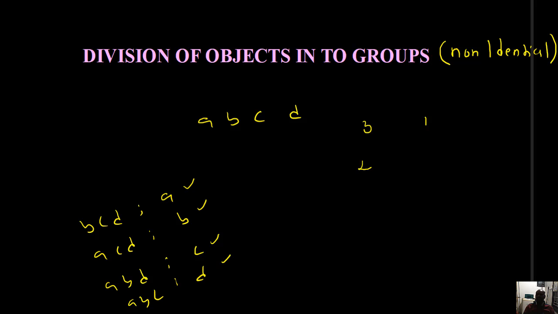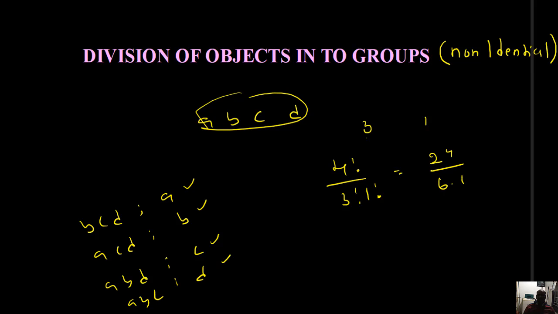So practically, to make a group of 3 from these 4, we need to select 3, that is, 4C3 ways you can select. After selecting 3, we are left with 1, which automatically makes the other group. So my answer is 4C3. 4C3 and 4C1 are both the same, only 4. What is the meaning of that? You can make 4 groups. Or in other words, my answer is 4 factorial by 3 factorial into 1 factorial, that is 24 by 6 into 1, which equals 4. Anyway, we will get the answer. So this is the concept, students.